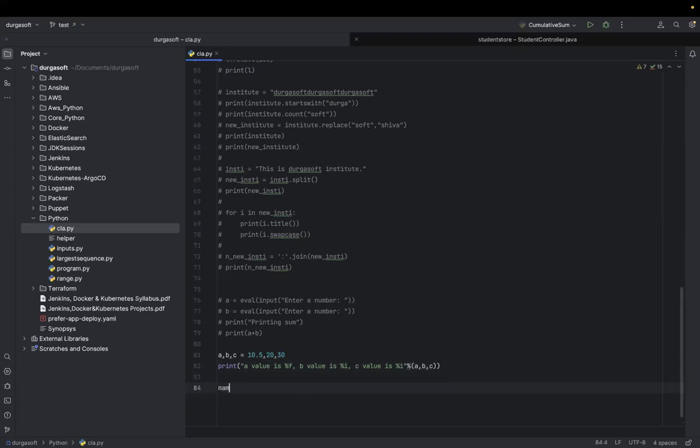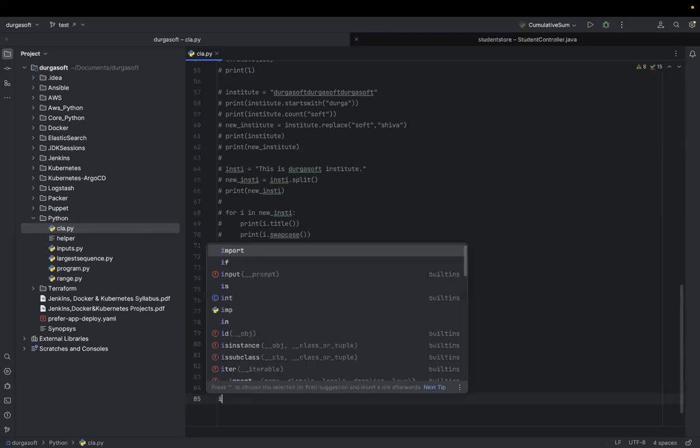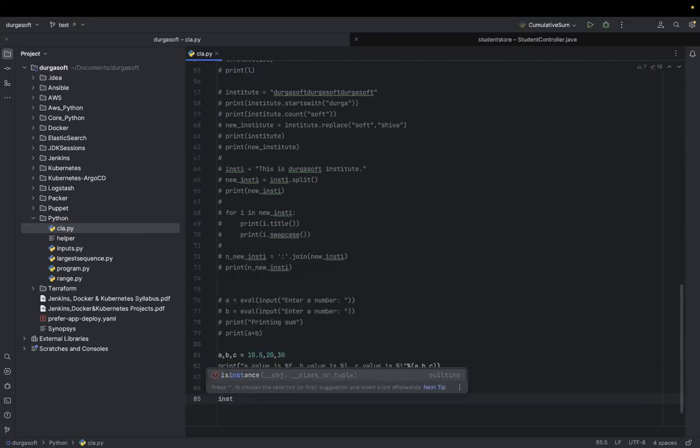Name is equal to Shiva, Shiva. Now institute is equal to DurgaSoft. So name is equal to Shiva, institute is equal to DurgaSoft, print of